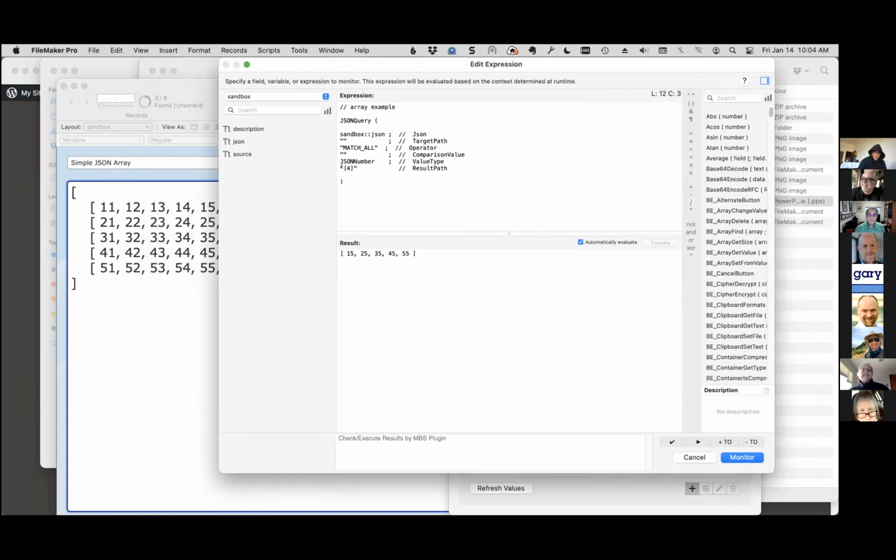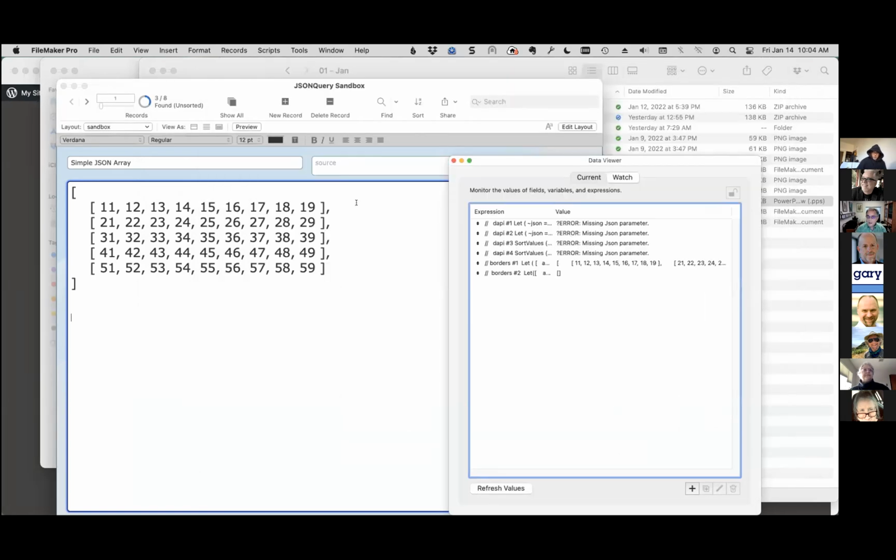Now, maybe I don't want it as an array. Maybe I want it as a list. Or maybe I'd like to get the minimum value or the maximum value or the average. Maybe I'd like to move on to the next example. Yeah. So actually, I'm going to